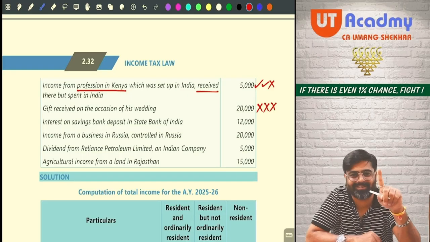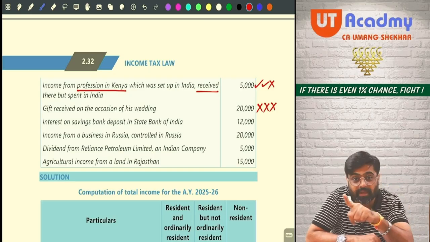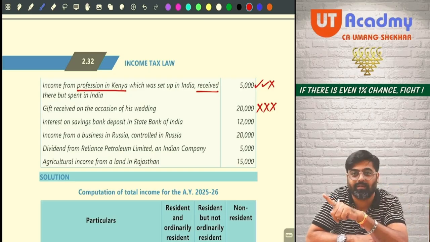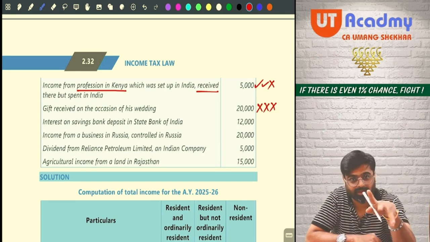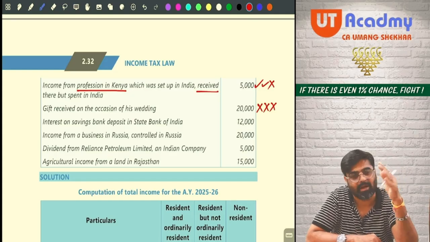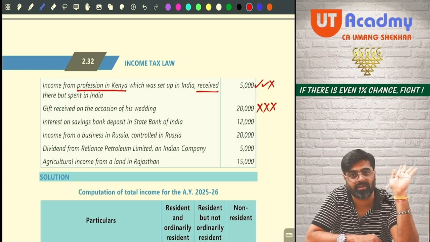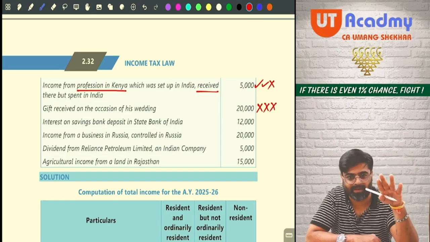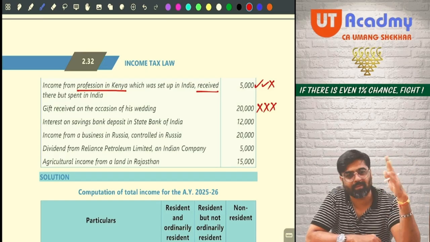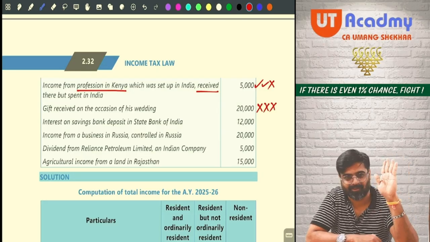Wedding happens once. Anniversary comes every year. So any wedding anniversary gift will be charged to tax, but not gift on wedding. Now there is a fashion. People are doing 2 to 3 weddings. So there is no restriction on the number of weddings. Do those many weddings which you want, which you can handle.